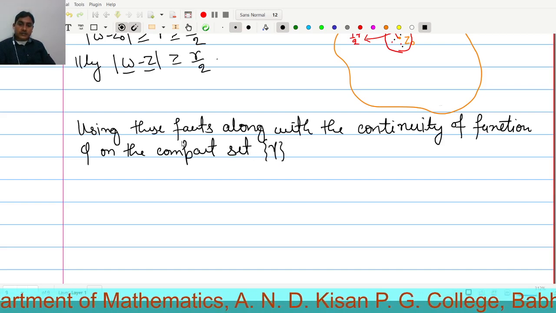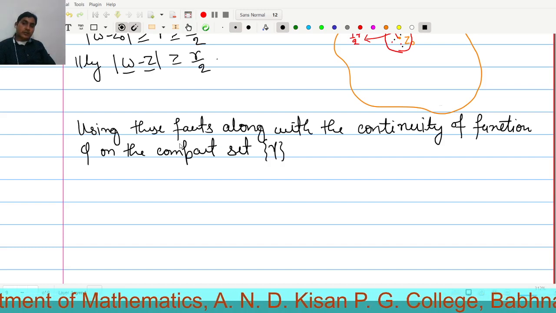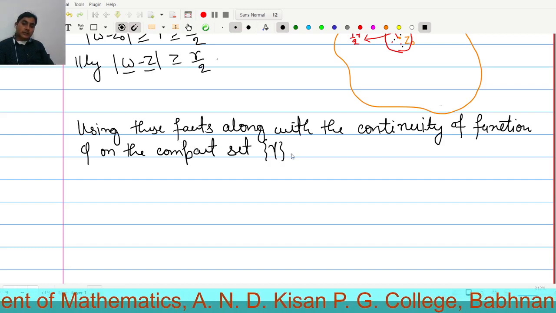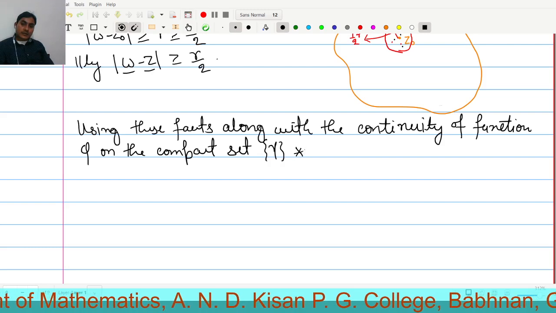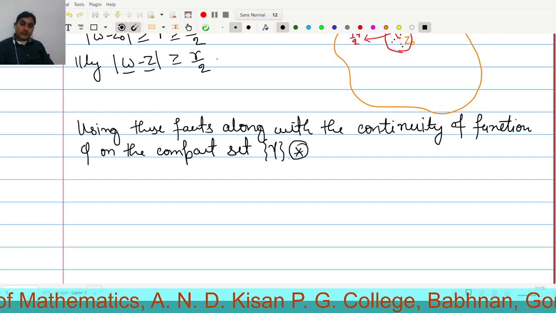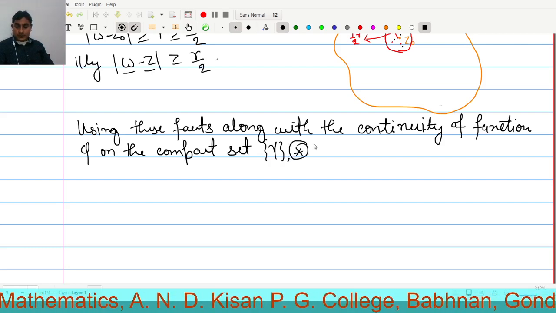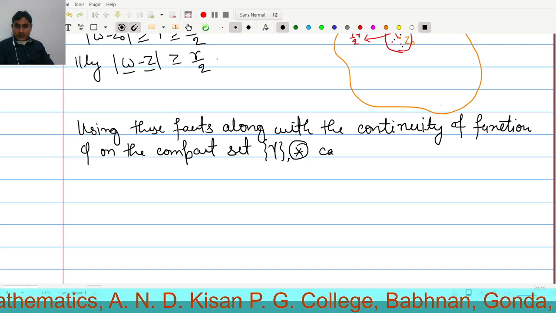Using these facts, along with the continuity of the function phi on the compact set, star can be reduced to, star can be written as,